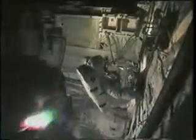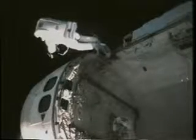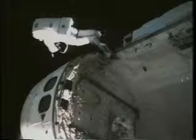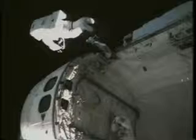I came out. All I do is hook up some tethers, and then Carl comes out. Right after that, you can see we've got our lights on because it is darkness, and we did a little bit of a translation here before we actually flew SAFER. I was so anxious to get flying, I only went halfway down the side, came back, and started to fly. The first thing that we did was do a little familiarization maneuvers, and then we did a GN2, a gaseous nitrogen calibration, to make sure that the fuel we were using in orbit was very comparable to what